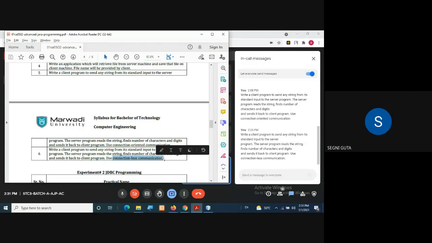Yes, datagram, correct. So you will create the datagram socket, then you will create the datagram packet, right? This is what you are doing. So please try this program. The same thing you need to do: find the number of characters and digits. Same program.